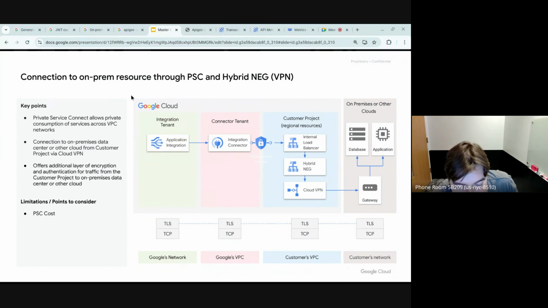And how this works is via PSC, Private Service Connect, where you have a service consumer that's essentially pulling information from a service producer via Private Service Connect related objects. Once that's available to that integration connector that we talked about before, you can use the 150 plus available out-of-the-box connectors to connect to and through that instance set.